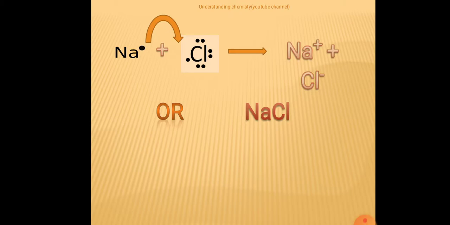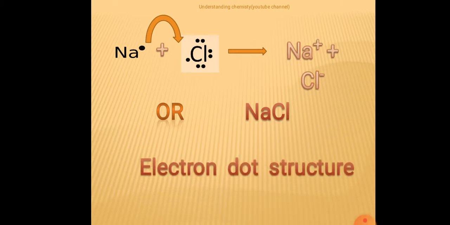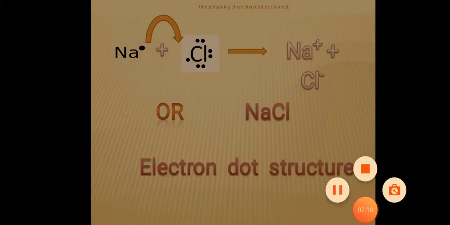So, with this, today's class I am finishing. What you are going to do is go through magnesium chloride and also calcium oxide in the same way. Practice the diagrams once or twice in your notebook, and then draw the electron dot structure without seeing. What you are seeing now is the electron dot structure. This is a very important and compulsory question, so you practice it. Thank you.